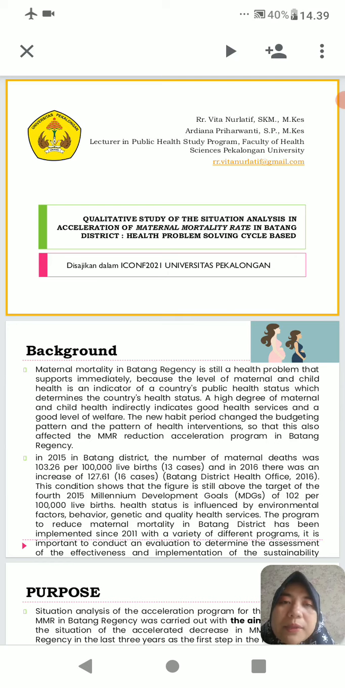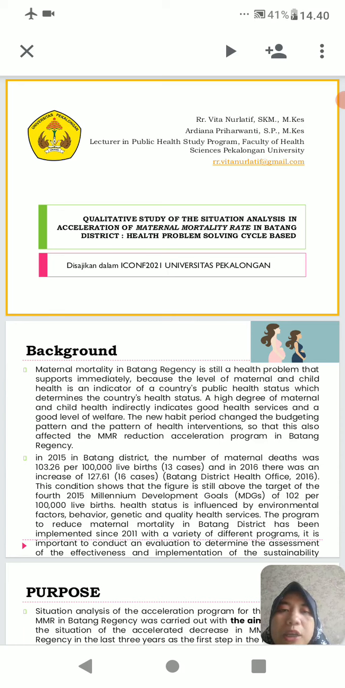For the first time, let me introduce myself. My name is RR Vita Nurlatif SKM MKes. I'm a lecturer in the Public Health Study Program, Faculty of Health Sciences, Pekalongan University. Okay, I want to present our research